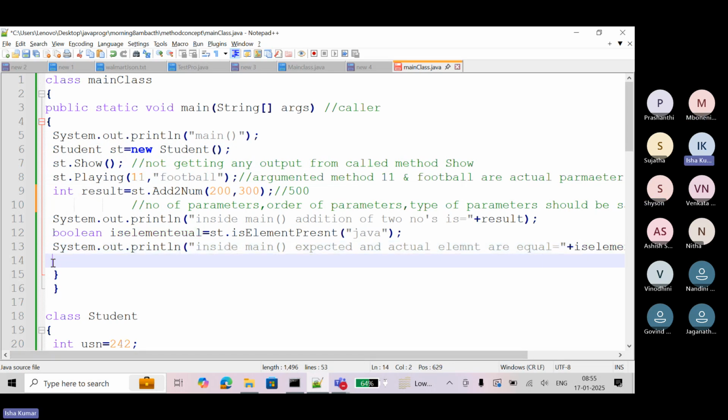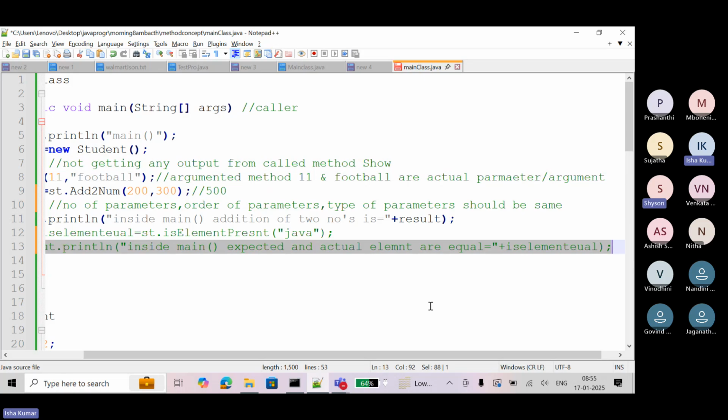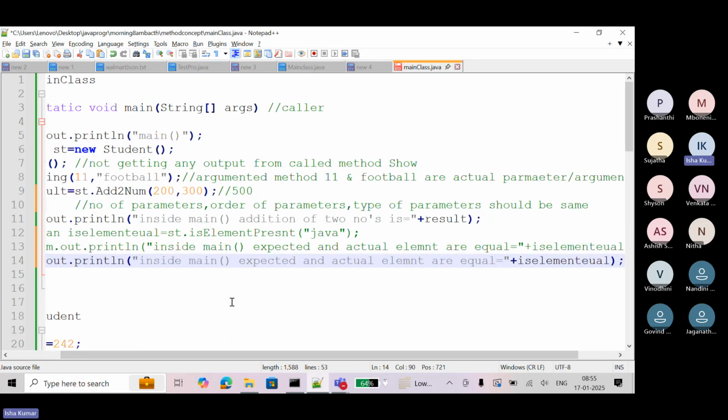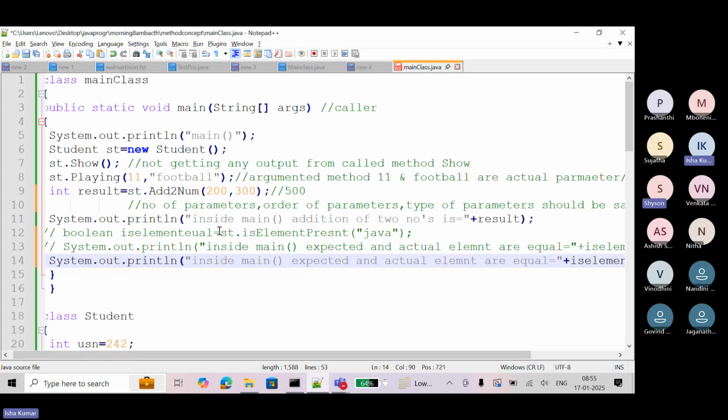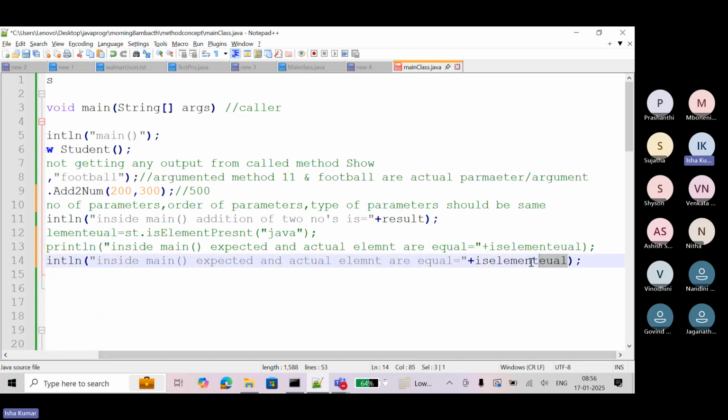Now, for a returning type method, without using these two lines, I can call the method directly. Like here, directly I can call this method using System.out.println. What is the method name? st.isElement. Directly you can call a returning type method using the SOP statement, and you can get the same result.